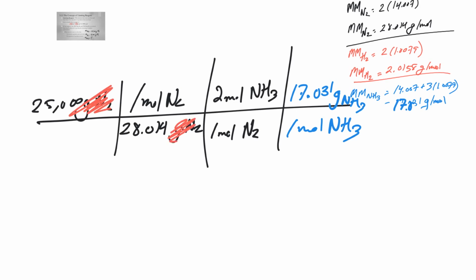Grams of nitrogen cancel out, moles of nitrogen cancel out, moles of ammonia cancel out, leaving us with grams of ammonia. So this would give us 25,000 divided by 28.014 times 2 times 17.031,